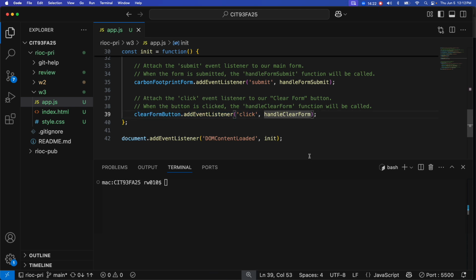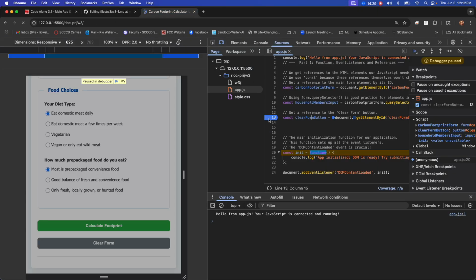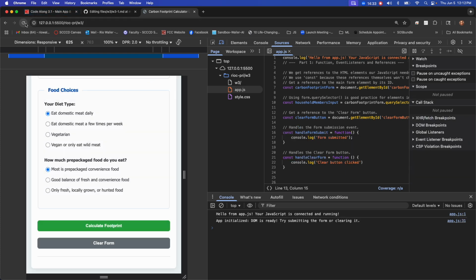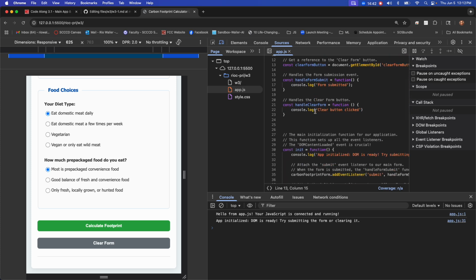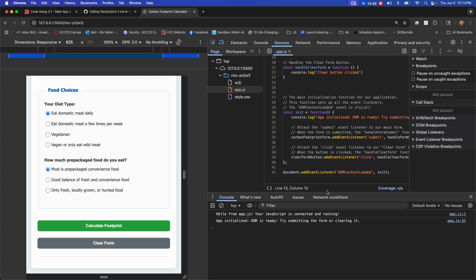So now what we're going to see is, did we get everything wired up correctly? Okay, so I'm going to come over to here. I'm going to take off my breakpoint. I'm going to let it run. Again, remember, you really need to be walking through this to help yourself make sure you have a good understanding of what this code is doing and know how to find things. Okay, so now we have